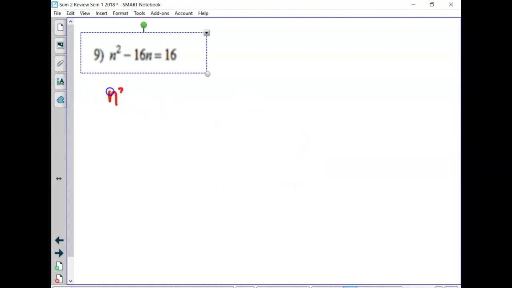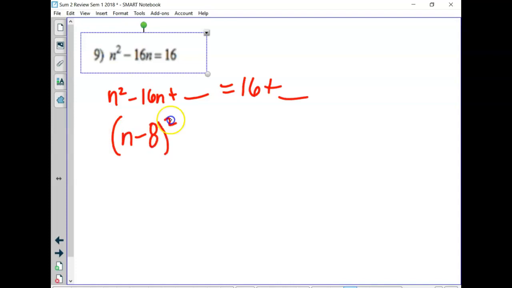It's already got things moved over, so we just need a blank. So half of this would be 8. 8 squared would be 64. 16 plus 64 is 80, maybe. Then if I square root, and remember my plus or minus,